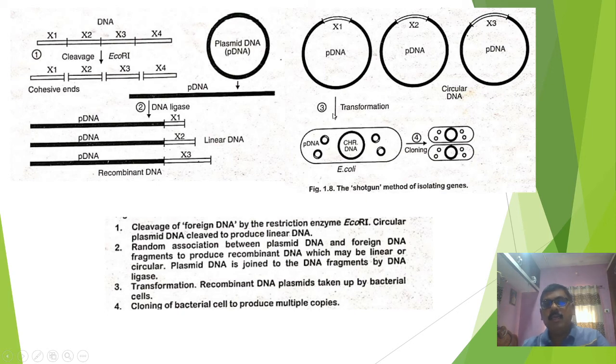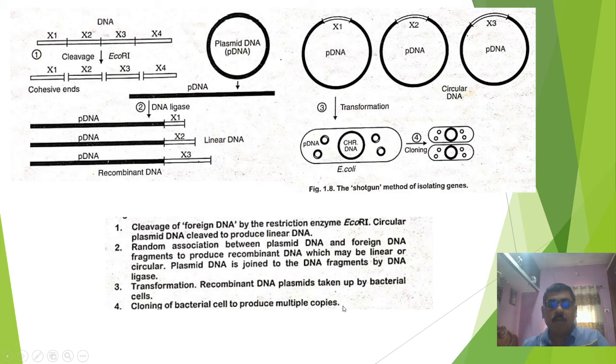This recombinant DNA molecule is then transferred to a host bacterial cell which is sensitive to the antibiotic, or not antibiotic resistant, so that the transformation of the cell will occur, and whatever cells are transformed will be screened. First of all, these cells have to be screened by some method. We have discussed two screening methods: the antibiotic sensitivity method, and another one, the white and blue colony method. After that, these screened colonies are cloned.